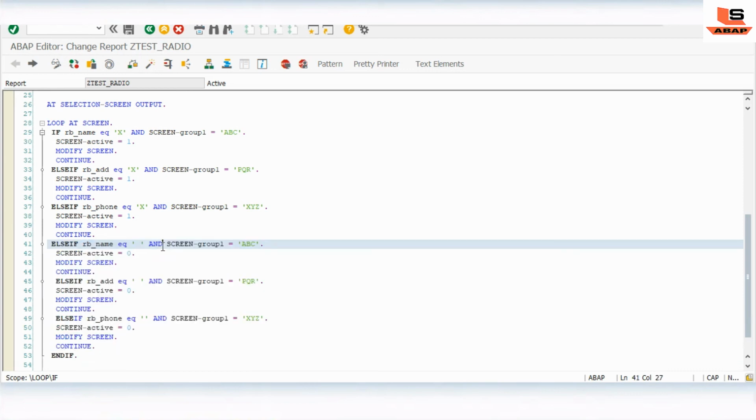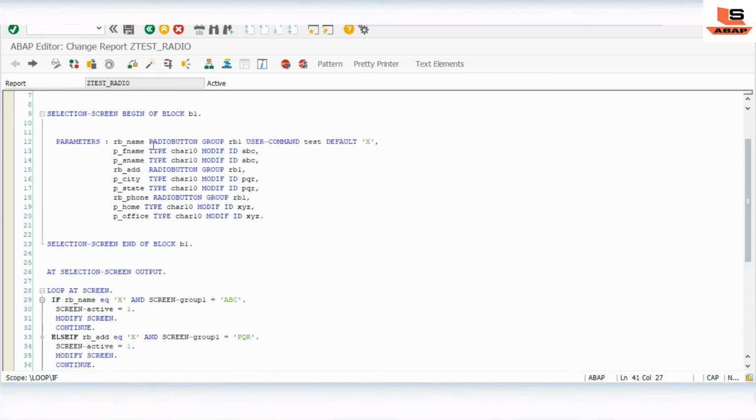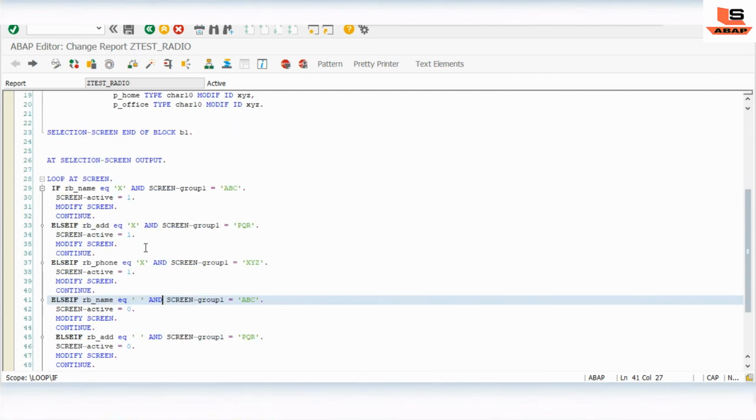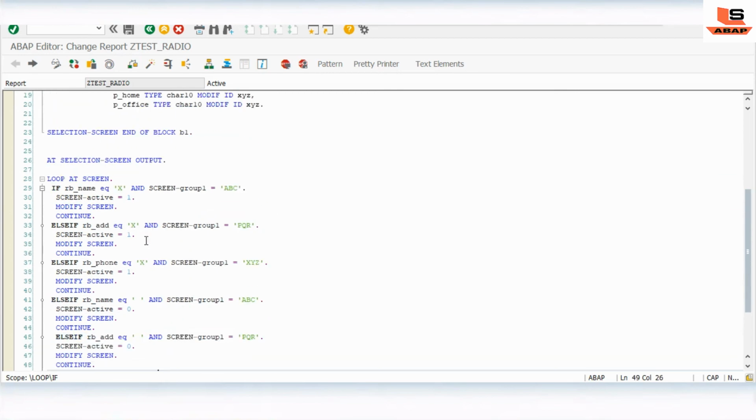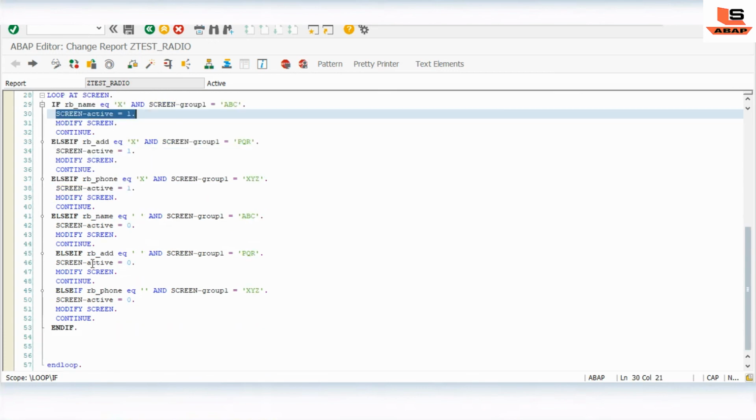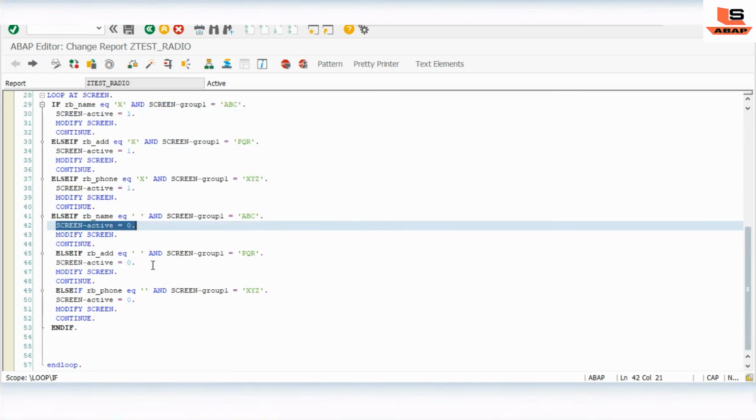For this functionality to work, we need to write the code for displaying and for hiding. For displaying we give screen active as 1, and for hiding we give screen active equal to 0.